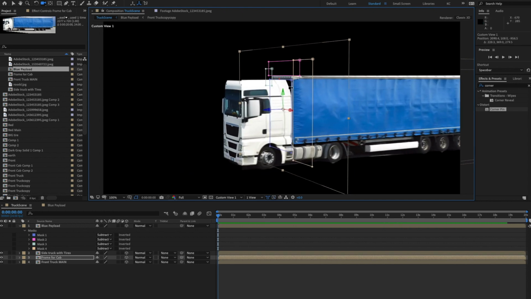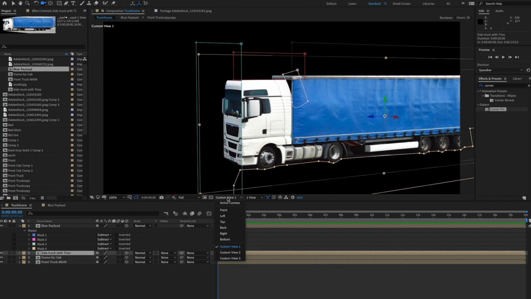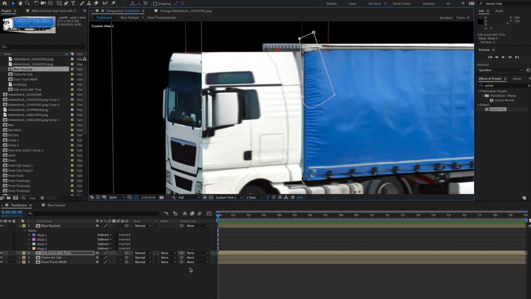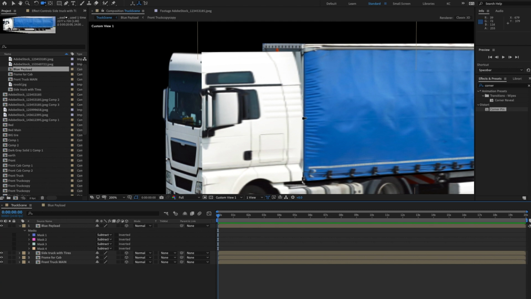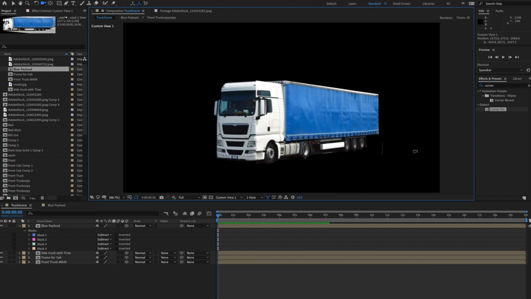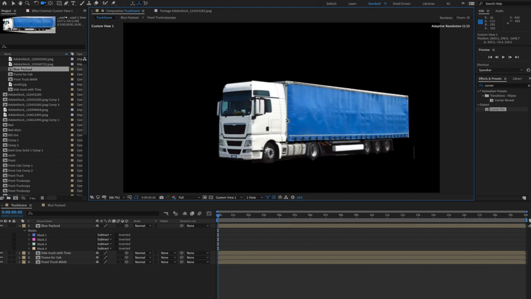Now, things like this gap here, I can always bring that back. So that's part of my side view of the truck here. So I want to make sure I'm doing this in the right view. So I can come in here and bring this back a little bit so that gap isn't there. Then I'll go into the custom view one, and for the most part, that seems to be a bit better. So there we go. We've got most of this truck. We've got some areas here that I might want to tweak with masks, like these bottom white areas and this part right here. But for the most part, we've got our truck,